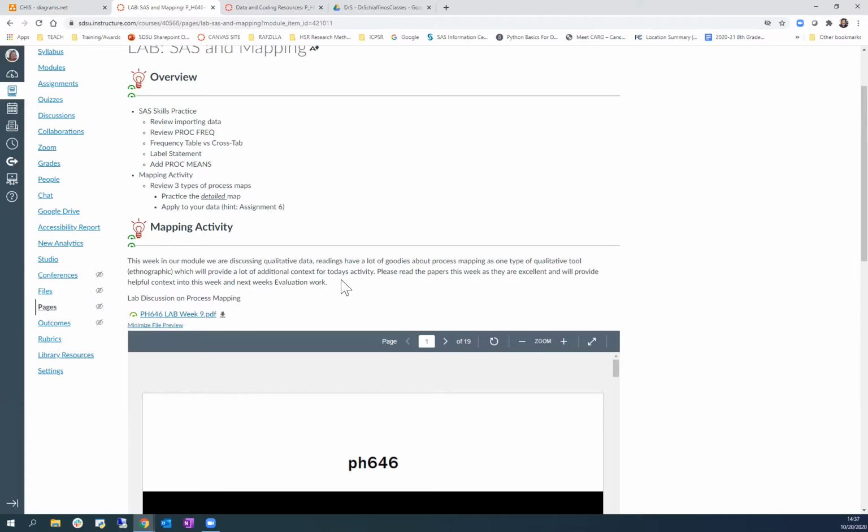From a qualitative perspective, it's an important artifact analysis as part of ethnographic research, which is looking at the cultural aspects of groups and how people interact. So from that perspective, it's really useful in helping us understand context. And if we're thinking about that in terms of context, then we can see how it can also be